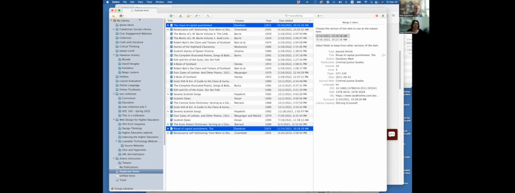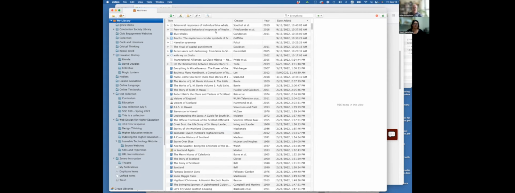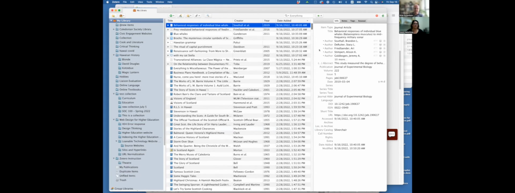The second thing to do, let me go back to my library, is to correct information. Just have a look and see if it's missing anything, or if something seems spelled wrong. That's going to be an ongoing task, but now's a good time to do it as well. The third one is a picky sort of technical one, but it's really important, especially when using Zotero in the long term. You'll notice here,